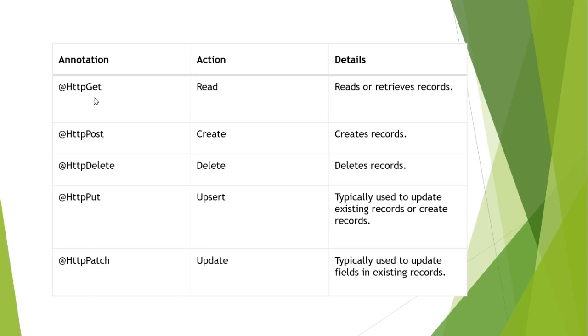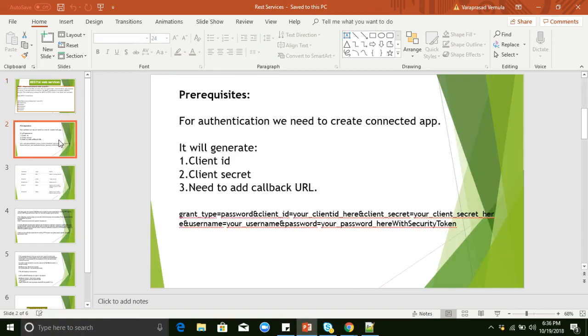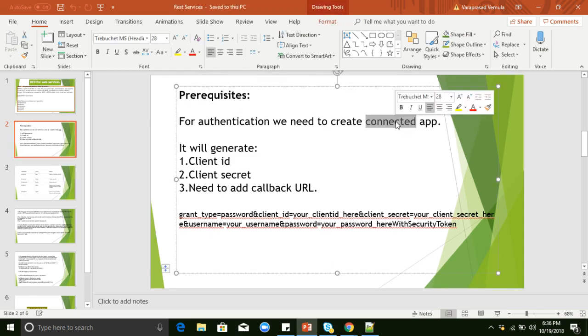These are the annotations available in REST web service, and we will see how to use each annotation in a REST class. For example, if SAP or some third party tool wants to connect to our Salesforce org, what do we first need to do in our org? In SOAP we can use a session ID, but in REST web service we need an access token. To generate an access token from a third party, we need to create a connected app in our Salesforce org. Where can we create a connected app?